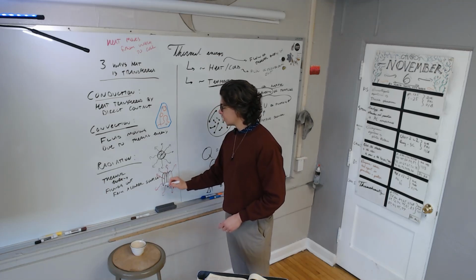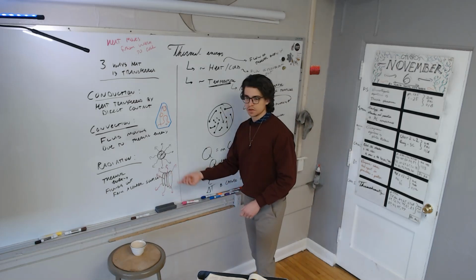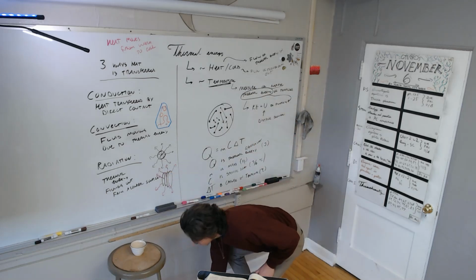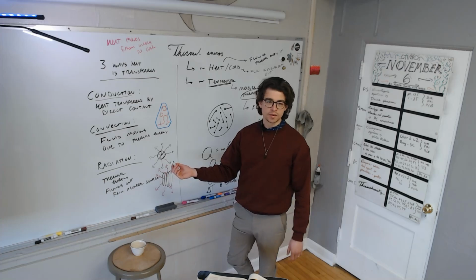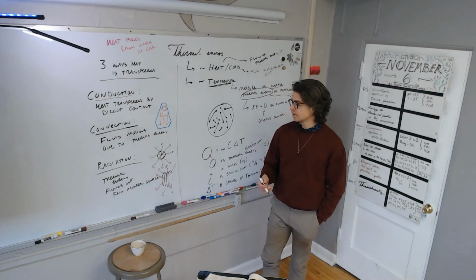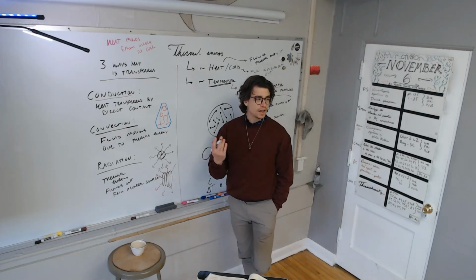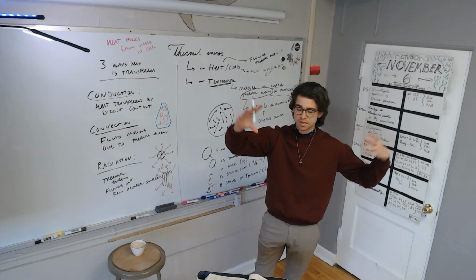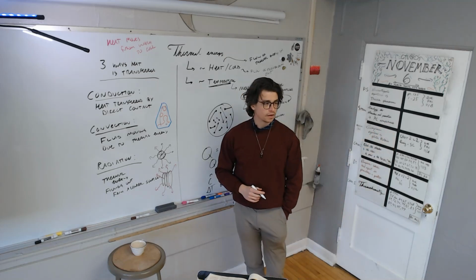Now, with the device called a radiator, there's also definitely going to be some convection, and if I touch it, or if anything touches it, definitely some conduction. But it primarily is radiating out heat. Heat is coming from a central source and moving outward. What else is a radiator?